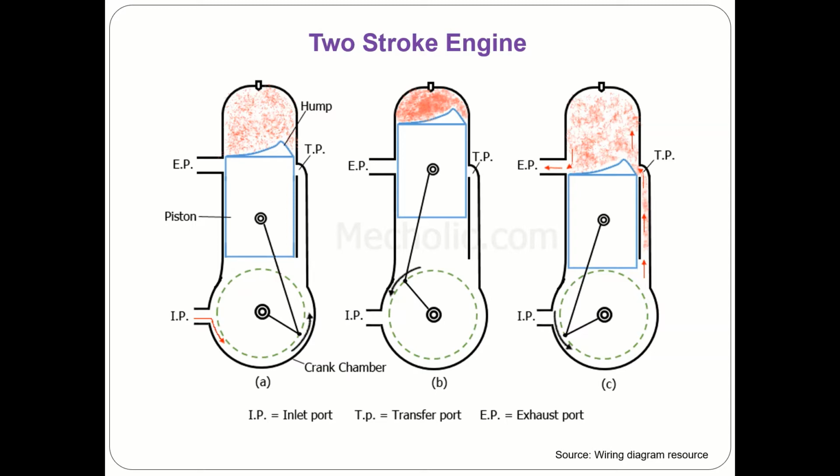Now when the piston starts moving in the upward direction, whatever charge, that is mixture of fuel and air, is present above the piston, it will get compressed, and when the piston reaches the top dead center, the spark is supplied, the mixture will get burned, mixture is combusted, and because of this combustion, the piston is forced in the downward direction. So in the second figure you can see that the piston has started moving in the downward direction. So the piston is forced in the downward direction. So we get the power stroke.